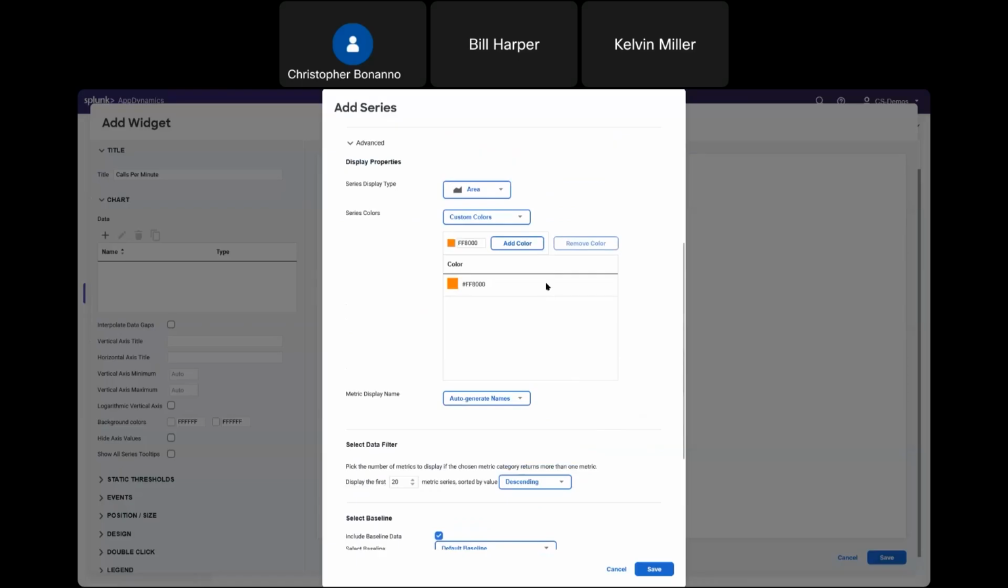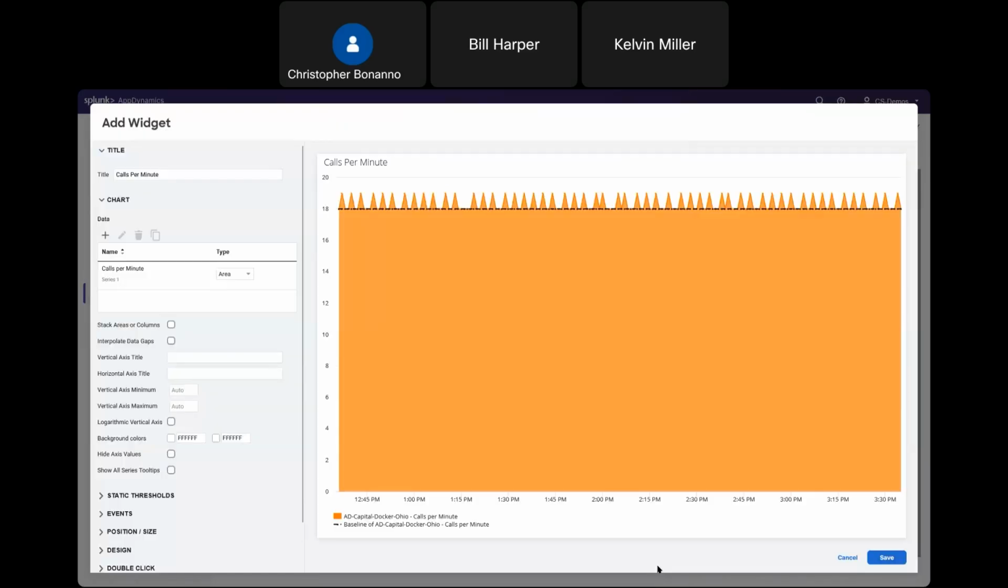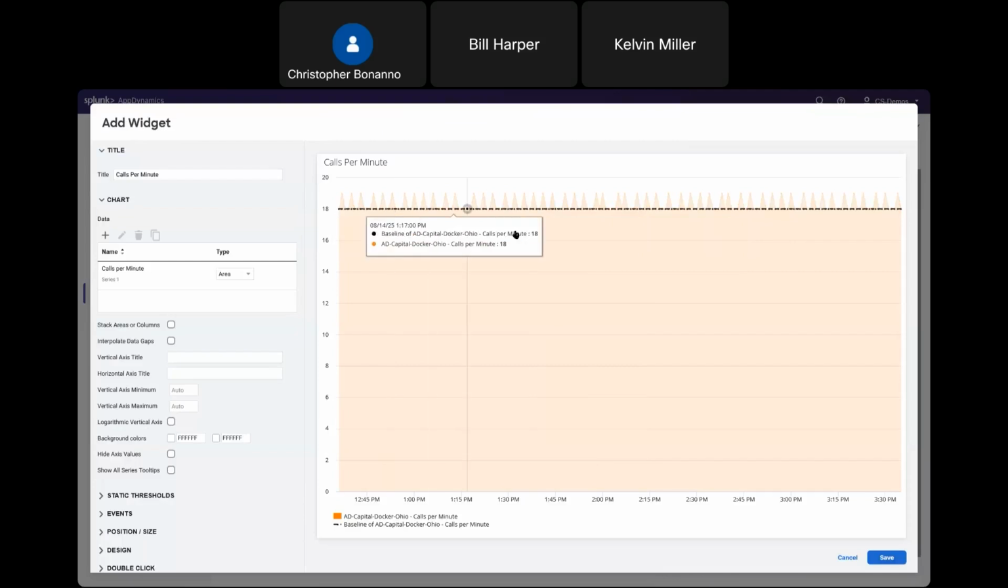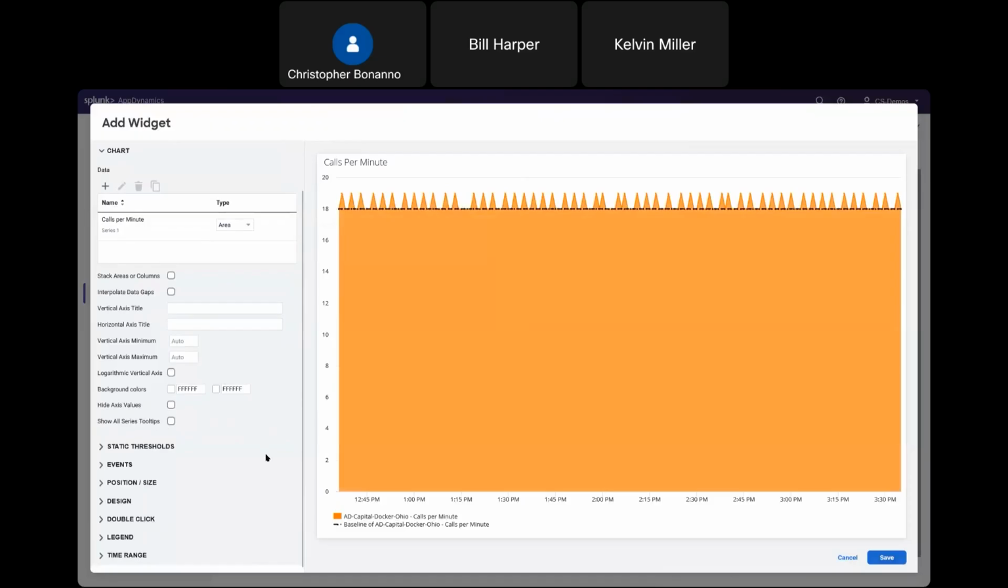So I'm gonna add a second color because this would be the second item added to the metric, and I'm gonna add black. And now when I click OK, save rather, it creates the metric and you see the black baseline going through it. Now I'm going to go ahead and do some design changes